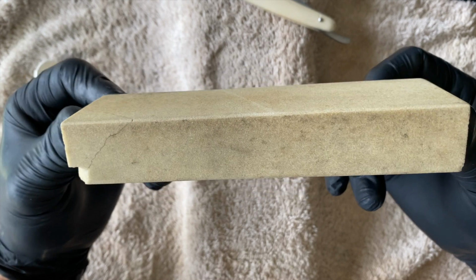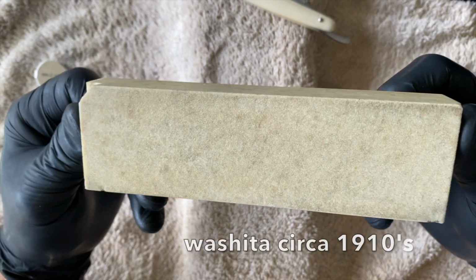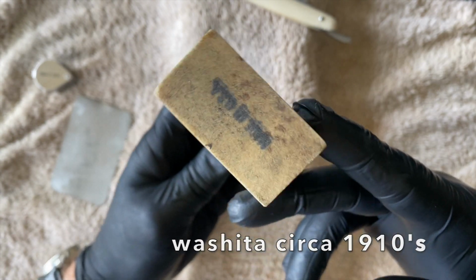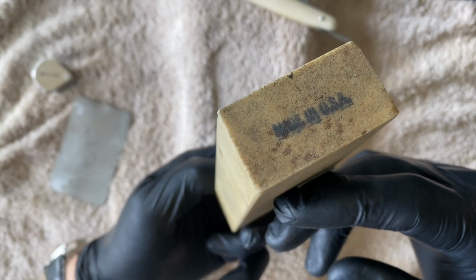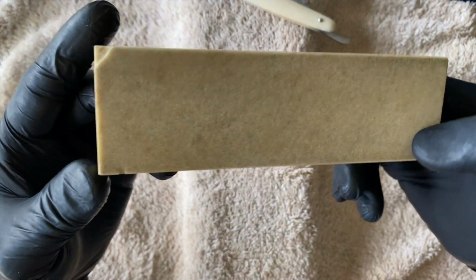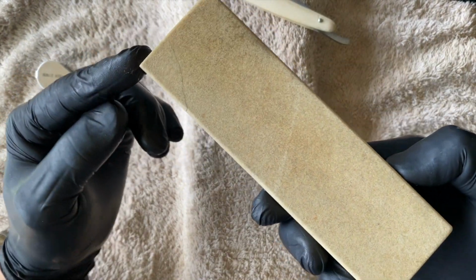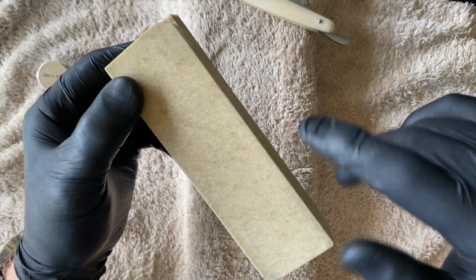This is a vintage Washita. So it's a Novaculite. It's a coarse Novaculite. You'll see they're made in the USA. These stones are typically used as an oil stone. And we're going to set the bevel on this. Having said that,